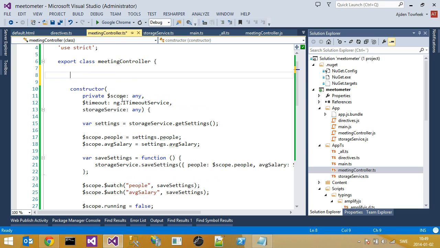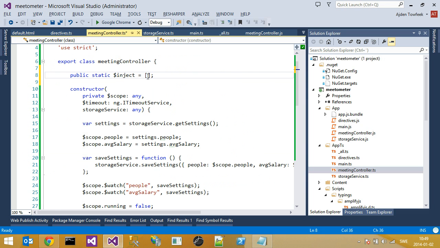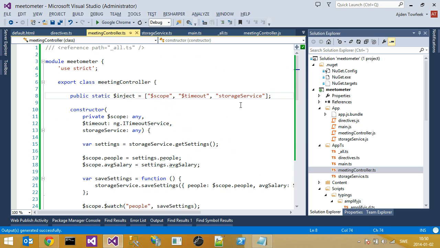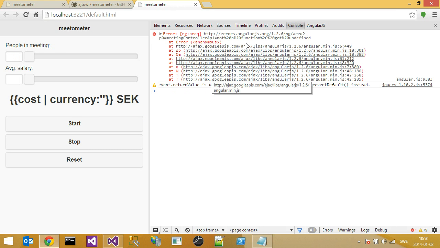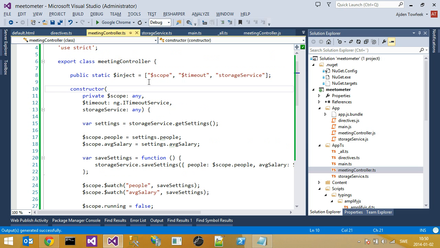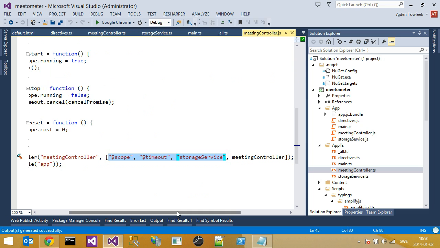So we're gonna need to define a static variable called inject that defines this exact area here. So now it will work minified as well. Okay, so it still works. No? Inject public static. So let's